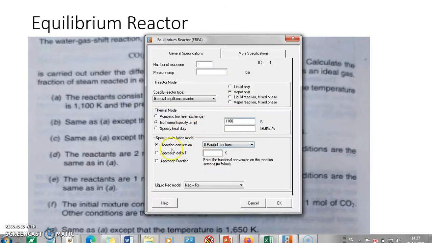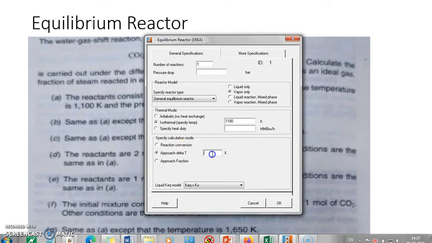And we say that we can specify either reaction conversion, approach delta T, or approach fraction. So we go with approach delta T, where the K value would be calculated at a temperature which we specify.